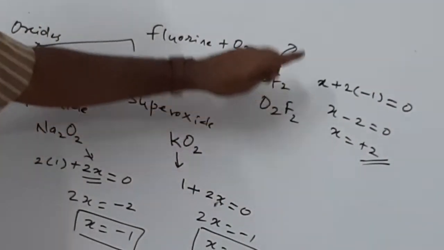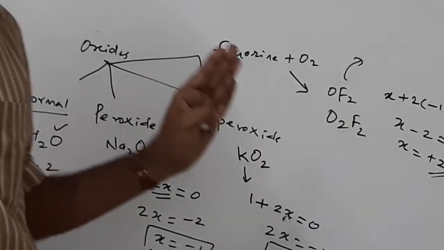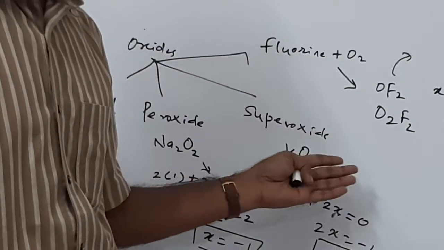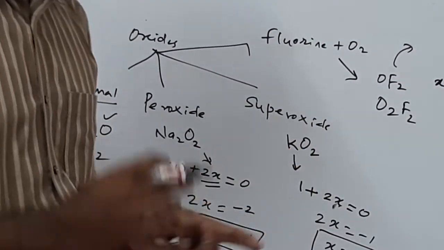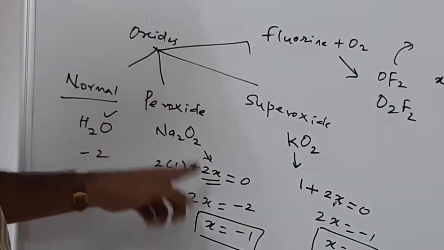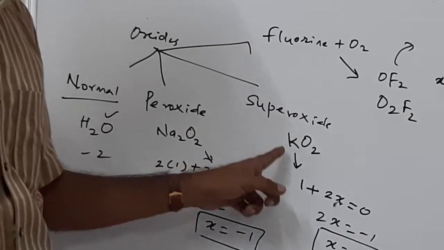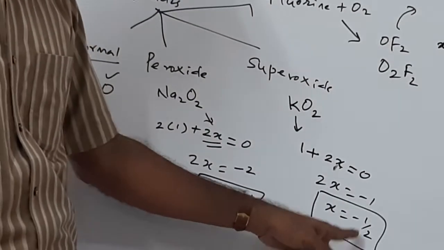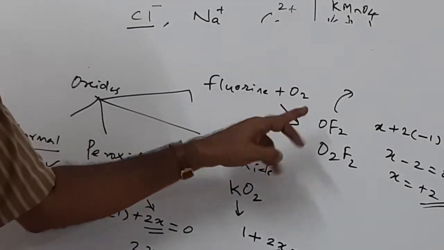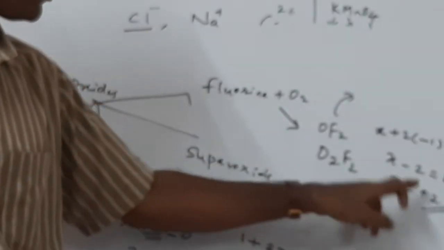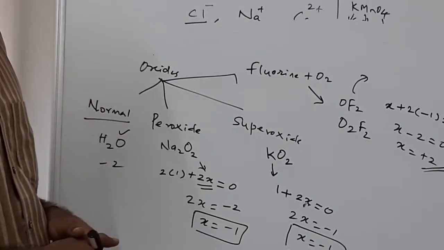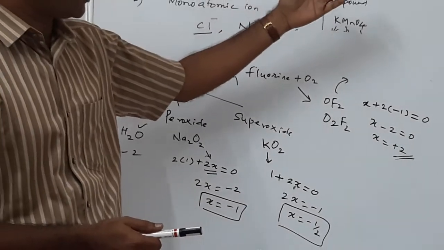So let me repeat once again the concept called oxygen. Oxidation number of oxygen in most of the cases in a compound is equal to -2, but there are some exceptions for that. In the case of say peroxides, the oxidation number of oxygen is -1. In the case of superoxide, the oxidation number of oxygen is -1/2. And in the fluorine containing compounds with oxygen, the oxidation number in the case of OF2 is equal to +2. Likewise, we can calculate for other compounds. So let us now calculate the oxidation number of the elements in some compounds.